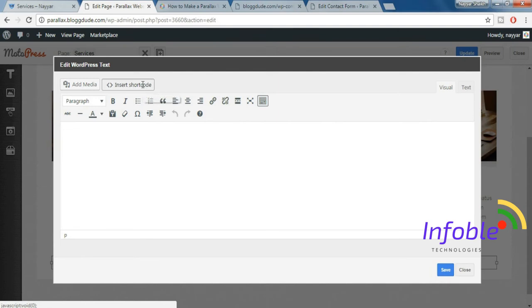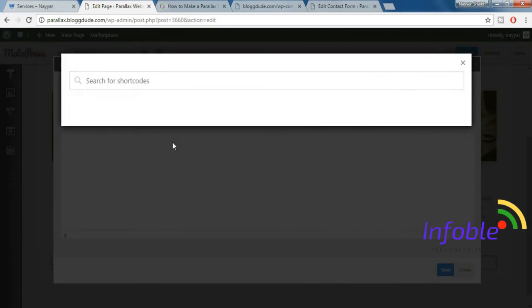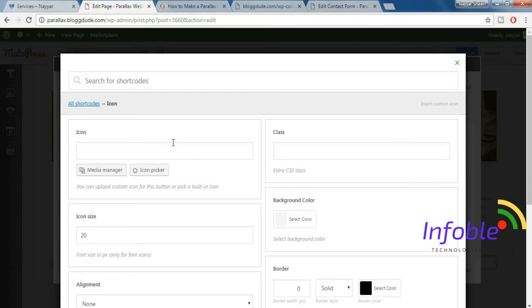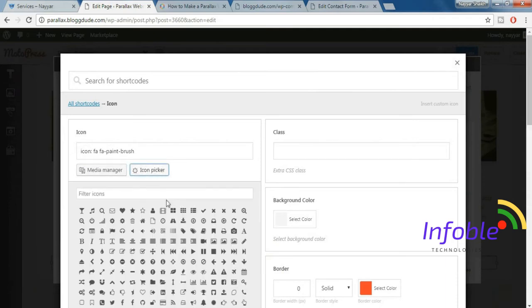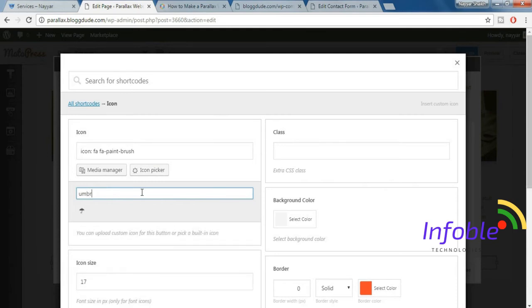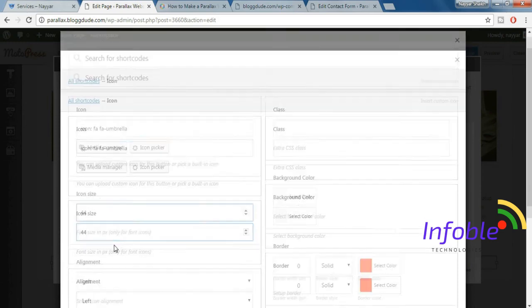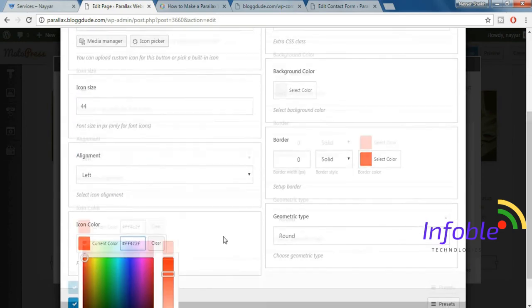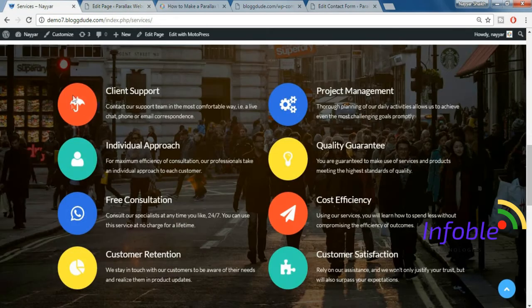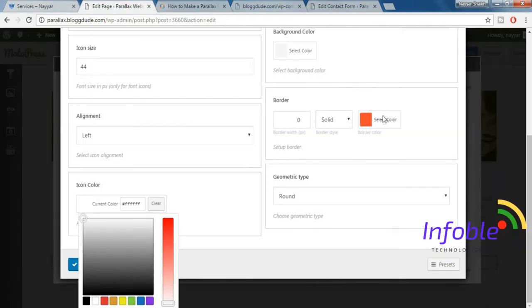click on insert shortcode, select icon from here. Here the icon is umbrella, so click on icon picker, search for umbrella, here it is, select this one. Icon size should be 44, fine. You can select any icon color. Let's select white because here we have white icon color and the background is this color, this particular color is